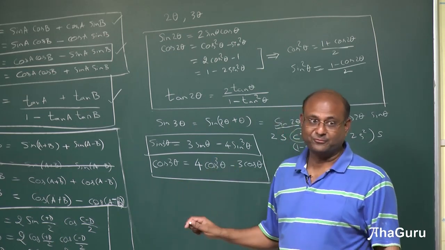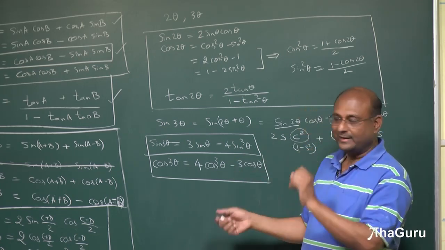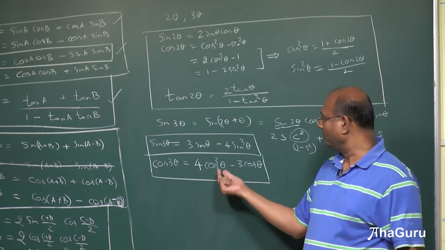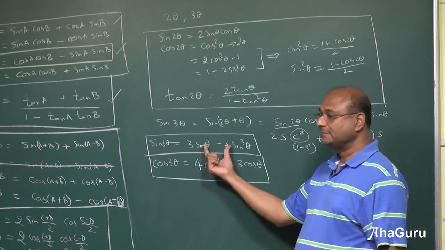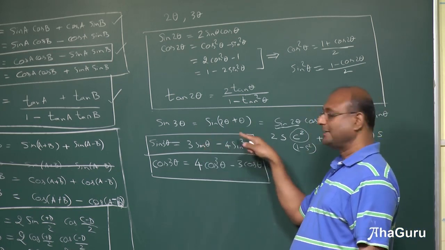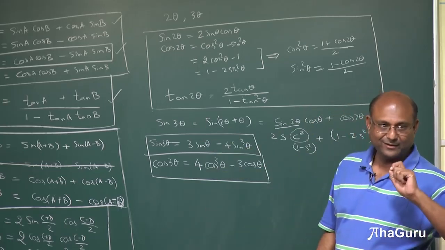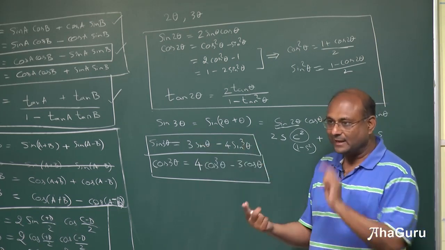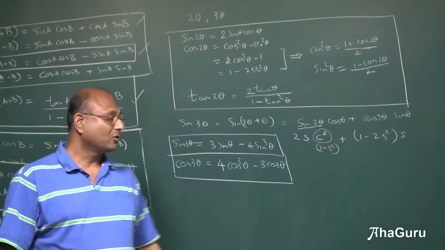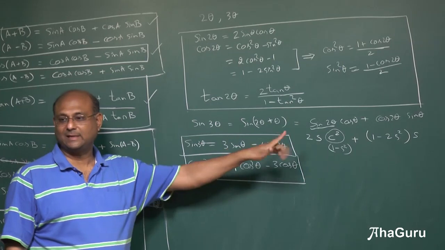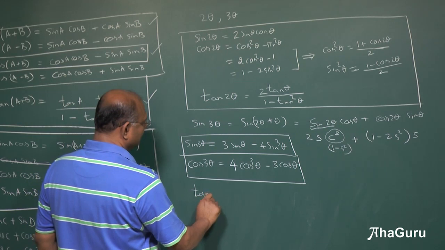In case you thought it should be 3 cos theta minus 4 cos cube theta, it has to be this way, because if you substitute 0, you know that this fellow has to be plus 1. If you substitute 90 degrees, it has to be minus 1. So it has to be 3 sin theta minus 4 sin cube theta. Anyway, in case you forget, you remember it for sin 3 theta, flip it around for cos. So 3 sin theta minus 4 sin cube theta, cos 3 theta is 4 cos cube theta minus 3 cos theta. What about tan 3 theta?